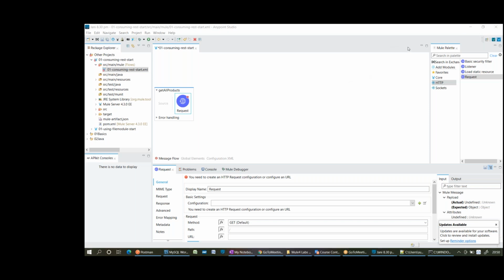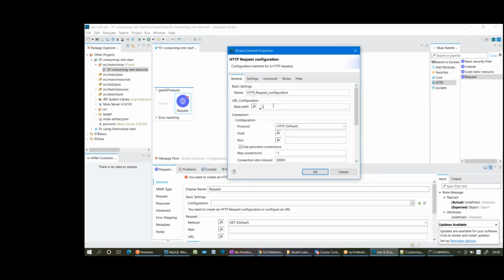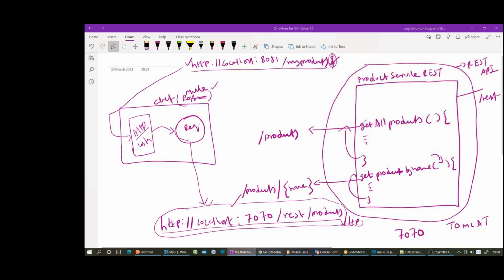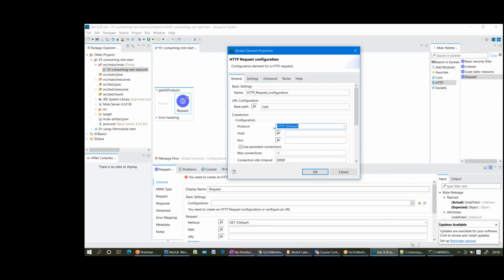Now every connector will have some connector configuration. Let me configure that. Click on a plus sign. Just configure the URL. What is the base path of the application? /rest is the base path, and HTTP host localhost, port number 7070.